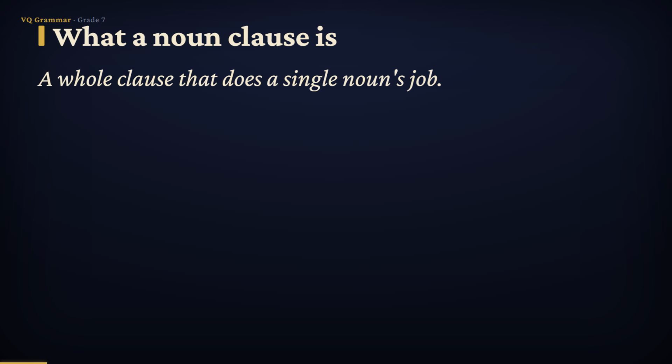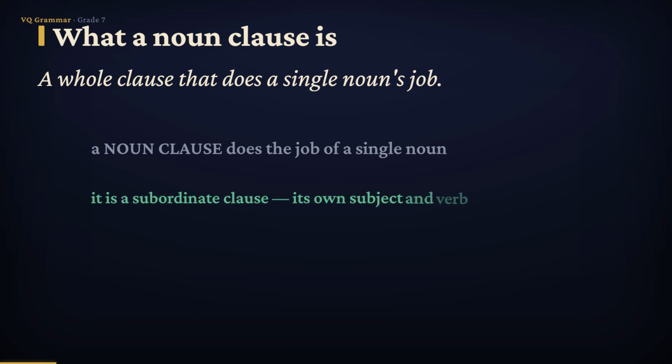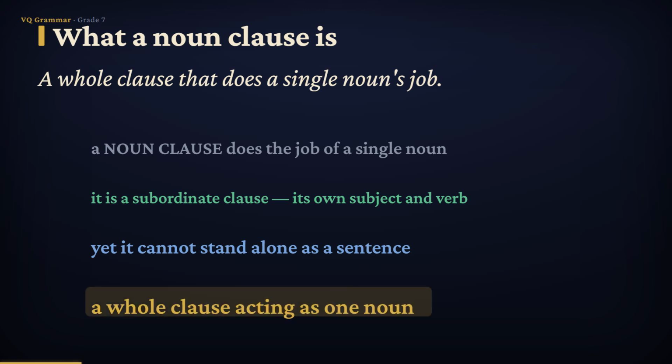A noun clause is a group of words that does the job of a single noun. Here's the important part. It is a subordinate clause, which means it has its own subject and its own verb, just like a full sentence. And yet, it cannot stand alone as a sentence. On its own, it leaves you waiting for more. So think of it as a whole clause acting as one noun, dropped right into a spot where a single